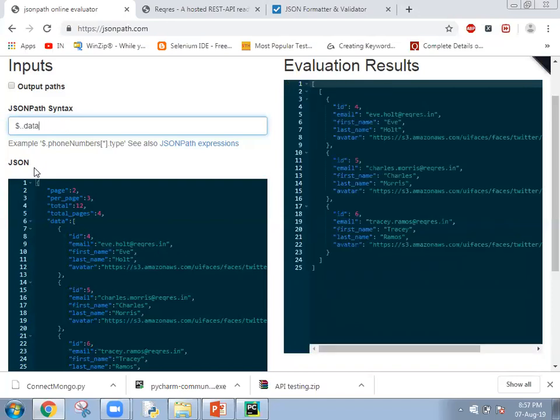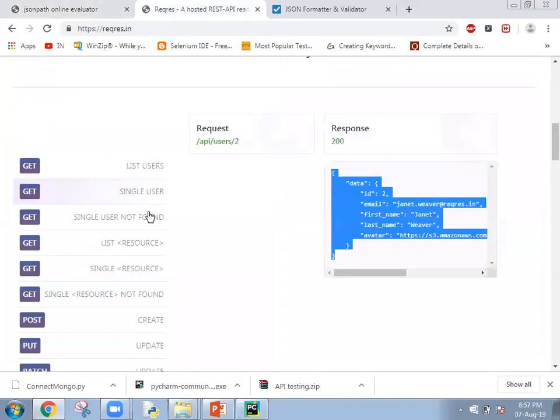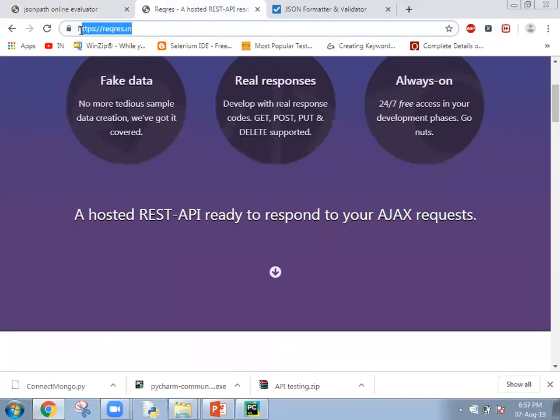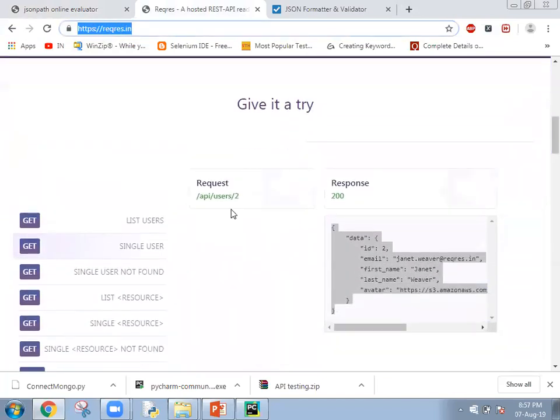So like that, we can do different combinations of JSON path to navigate to a particular element. And next one, REQ and RES. It's about a third-party site, and you can have different kinds of free services for REST APIs. You need to form the REST API URL by using the base URL plus the URL they have